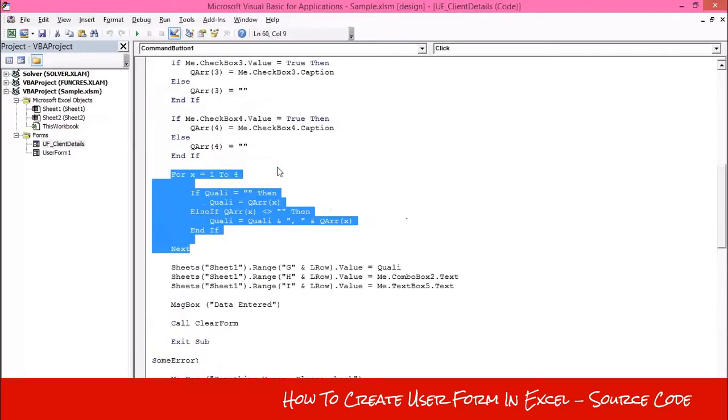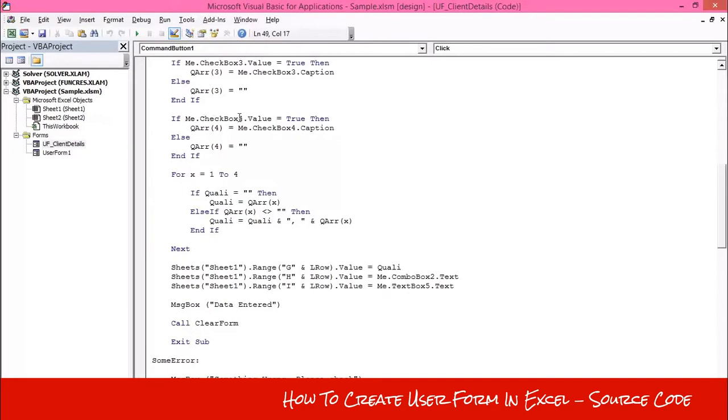Finally, I combined all qualifications into one entity with this variable, the qualification variable, and the condition is that if qualification equal to empty, then it means it is the first qualification that the user selects, and the first element of qualification array will be assigned to qualification variable.